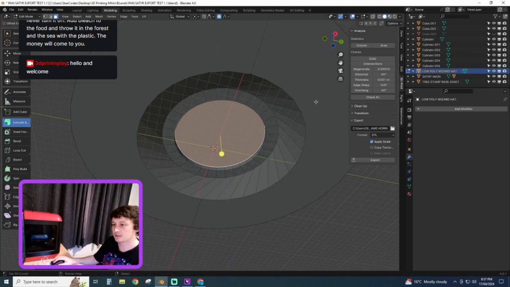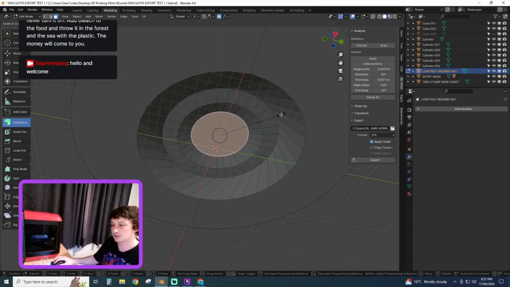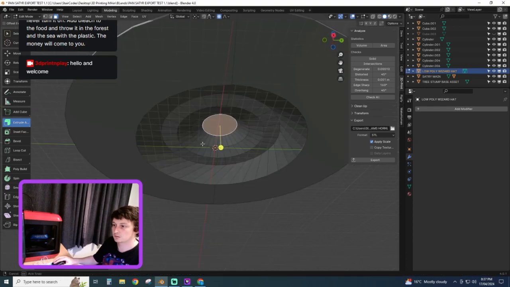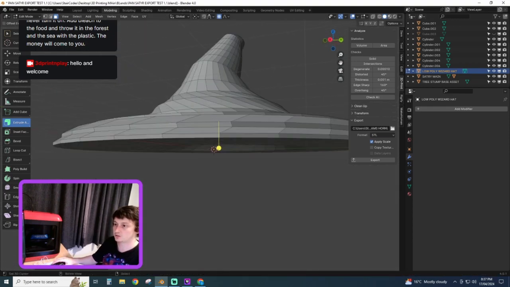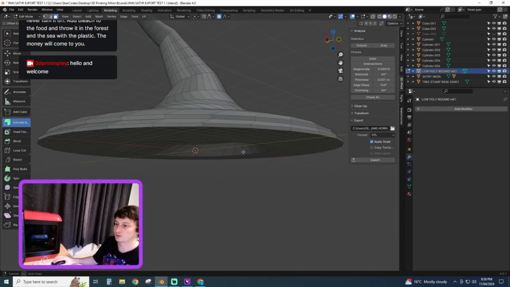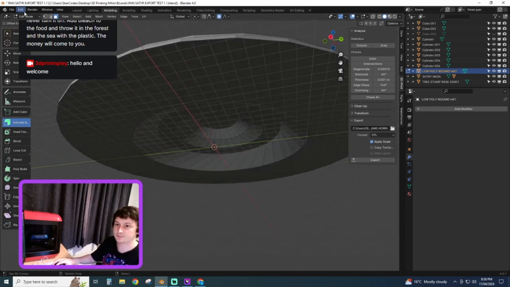I really don't want to push it too far, so I'm just going to go like this. And as soon as I see it starting to interfere with anything up there, I'm just going to stop, just to make sure there's somewhere for me to glue or position the head onto.